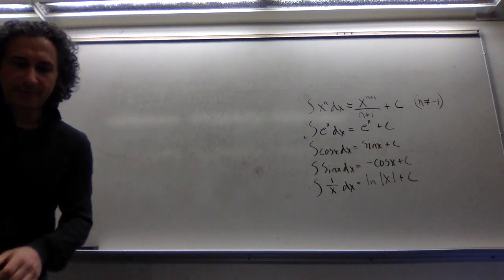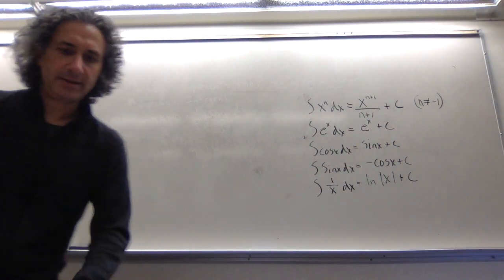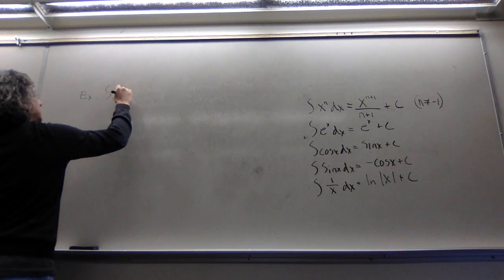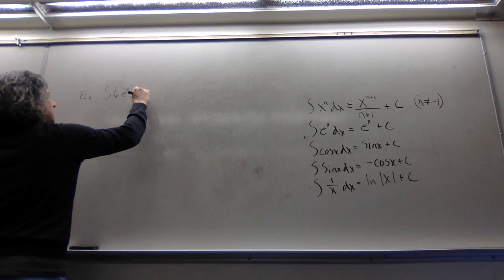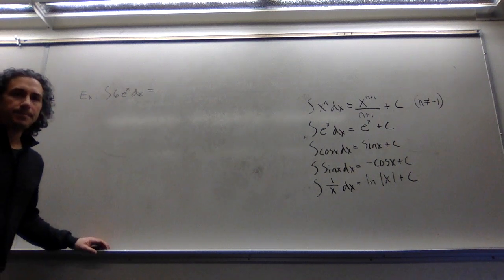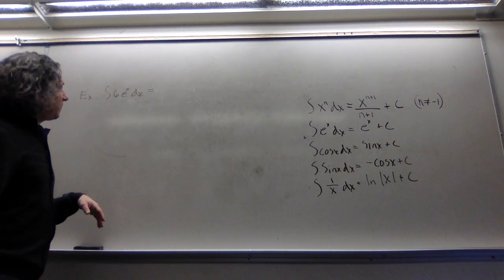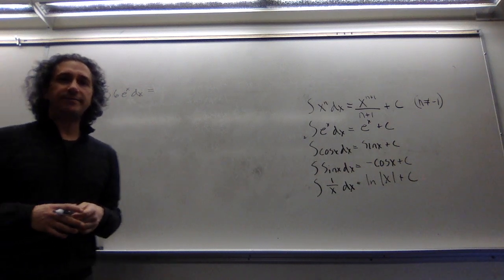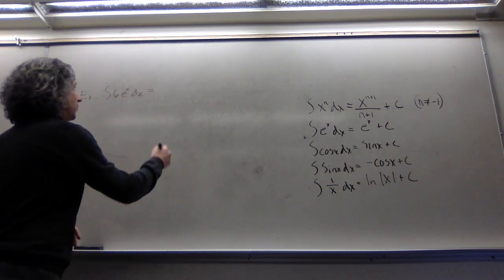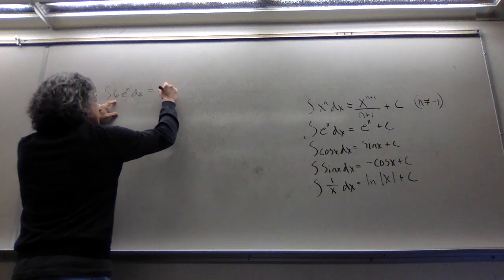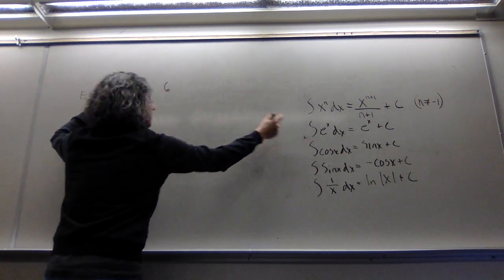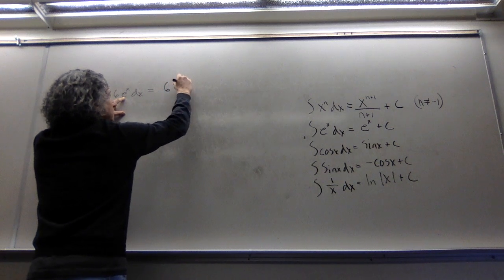Keep those properties up there for reference. So, example, I want the integral of 6 e to the x dx. By that property involving constants, I could just pull the constant out. So just as with derivatives, the constants can go along for the ride. So it's just 6 times whatever this guy becomes. And this guy becomes e to the x.